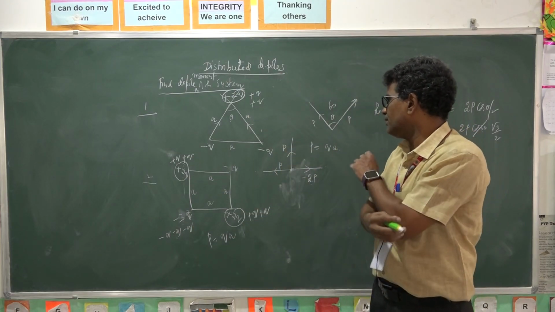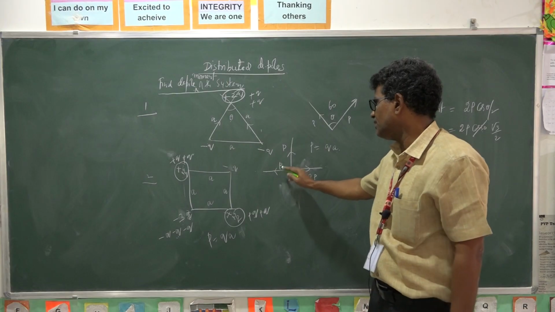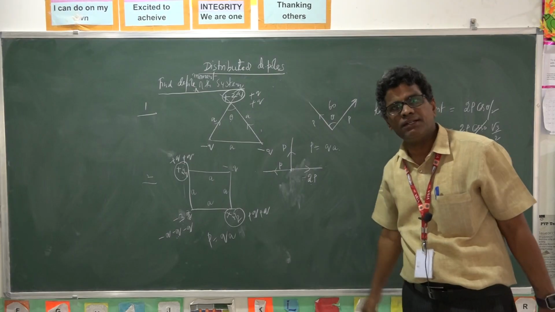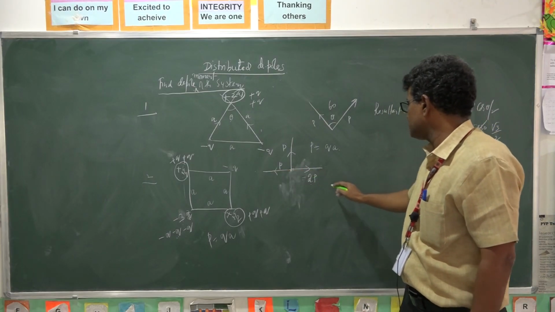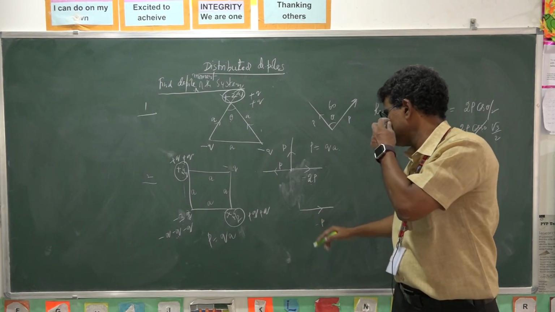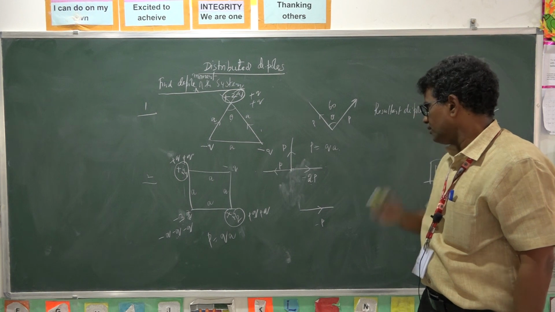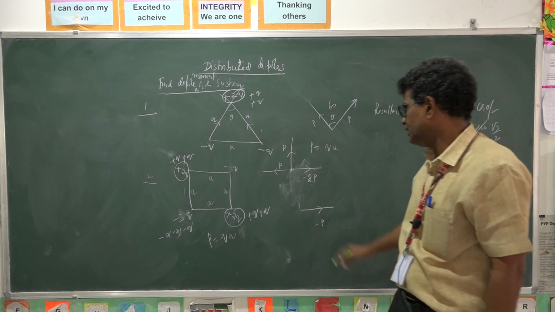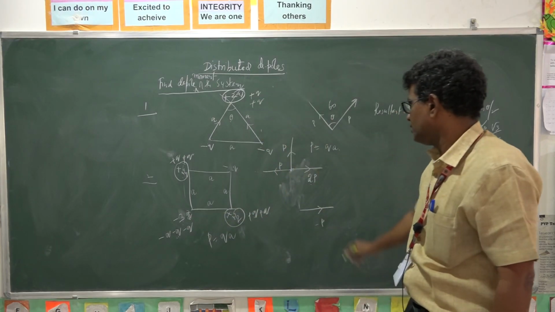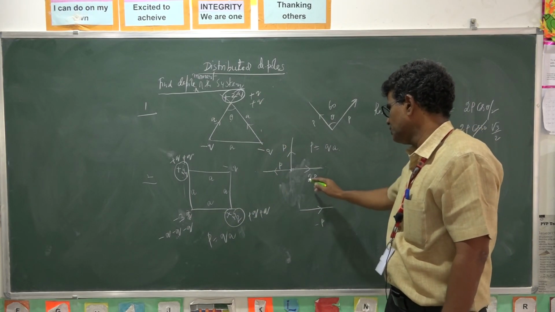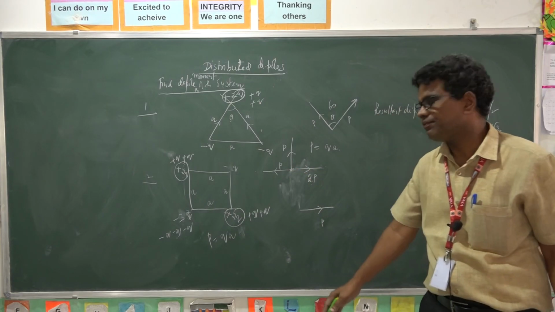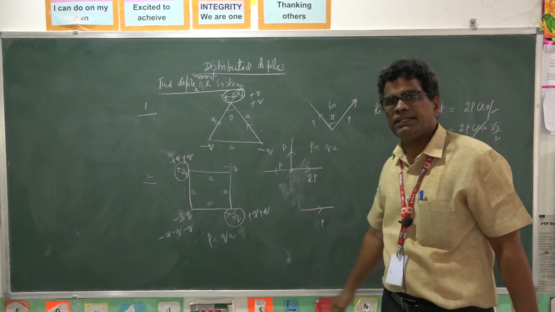I want the dipole moment of this system. So this is one vector, second vector, third vector. We add these three vectors. How can we add them? This p and minus p make minus p in this direction. There is no minus here because it is in this direction. I will take this one as 2p. So 2p and p, you add these two, you will get p, because these two are in opposite directions.